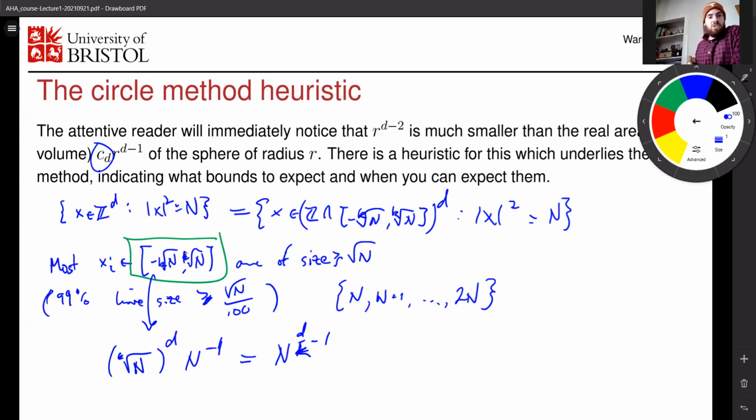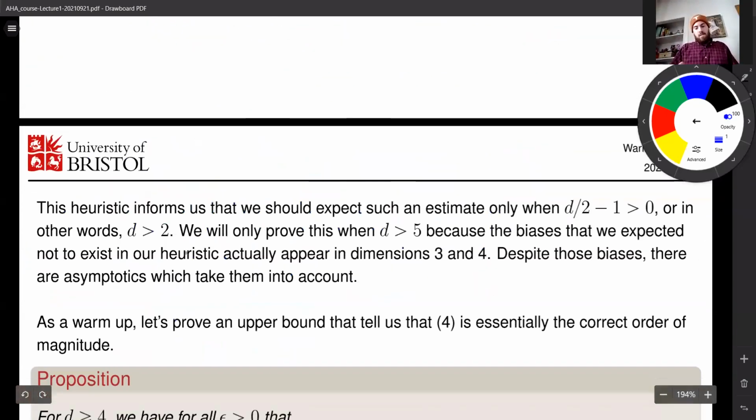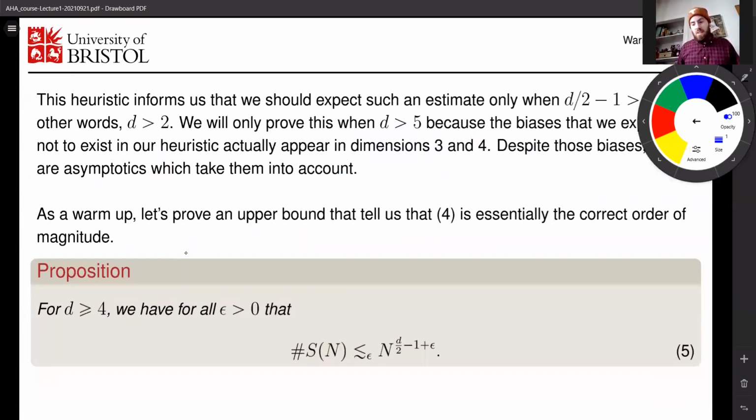And more generally, if you have a homogeneous form of a certain degree k, you'd expect the same sort of growth. Right. Okay. So again, there are some caveats to this. Right, the heuristic,